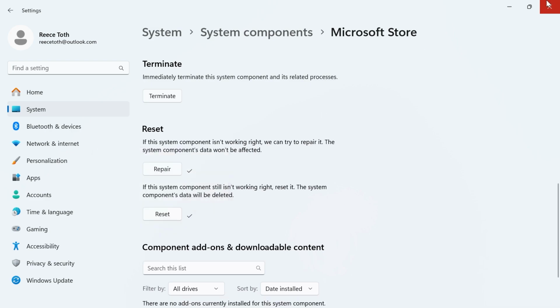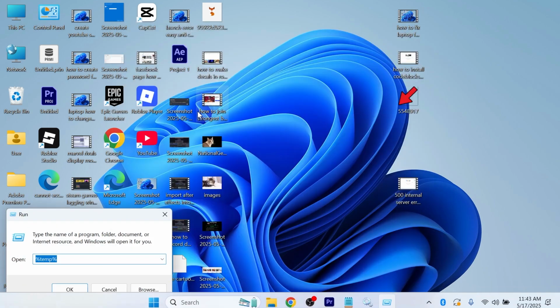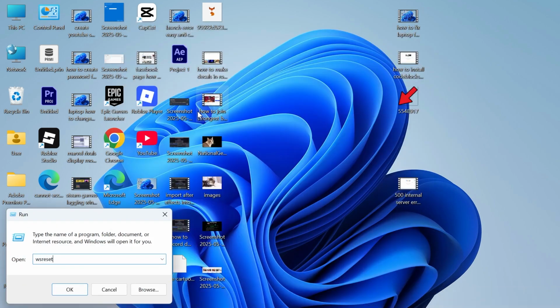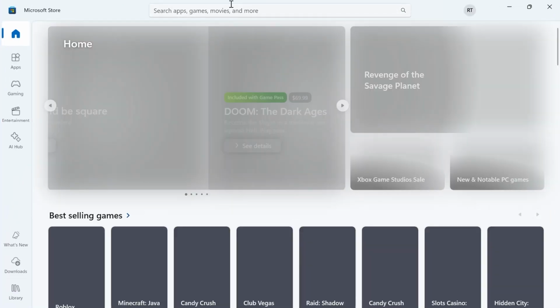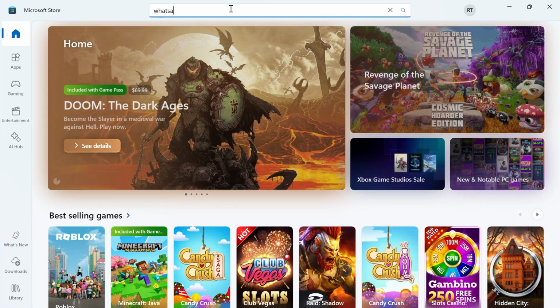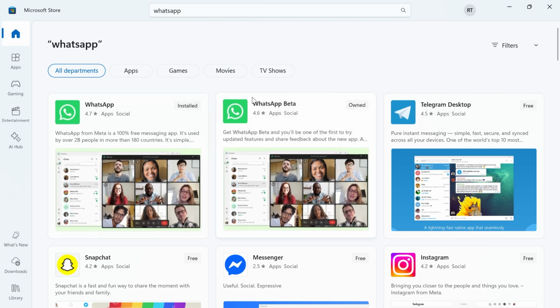You can then close out of this window, head over to the Start menu and search for Run. Click on the Run icon and type in wsreset.exe and press Enter. Now that should bring up the Microsoft Store, and from here you can go and search for the application that you were trying to download, and you can try re-downloading and installing it, and it should